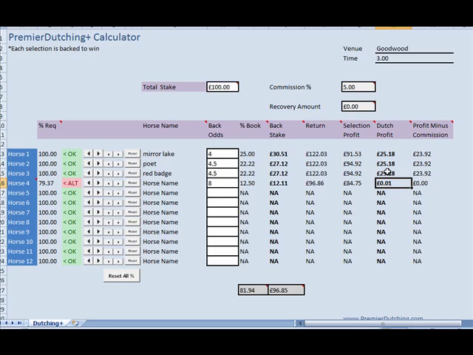So basically, we are now covering 4 selections in the Dutch, and if the fourth one wins, it's a break-even horse. So the Dutch is as though it never happened. We're not winning any money or losing any money, and we're going to be getting back, this is a £100 level stake, so we're getting back £25.18, which is actually